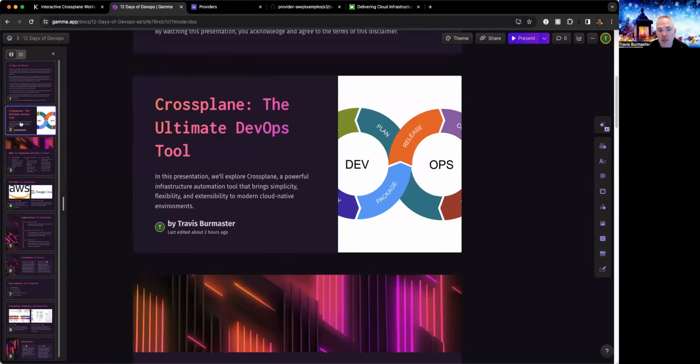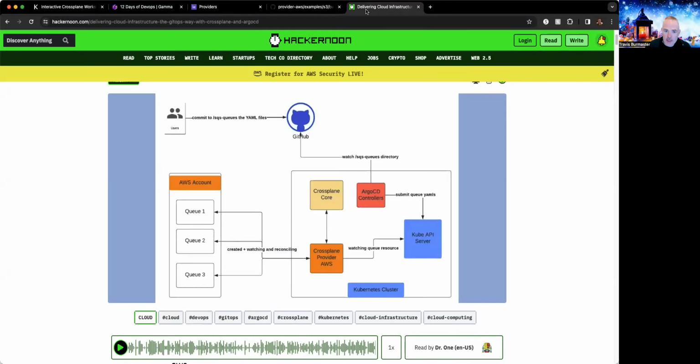Now, Crossplane is the ultimate DevOps tool. I'm not a Crossplane expert, and this is not a Crossplane sales presentation. But that being said, it is a powerful infrastructure automation tool that brings simplicity, flexibility, and extensibility to modern cloud-native environments. In the last year, I have been very interested in Crossplane. We have one client that I've worked with that is using Crossplane, but there's a great article on Crossplane on